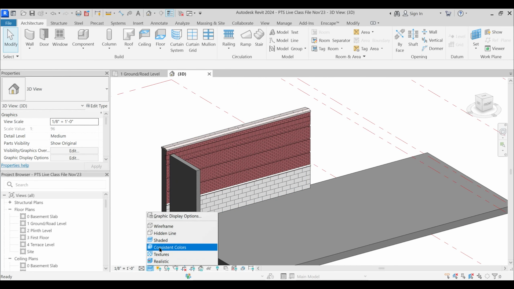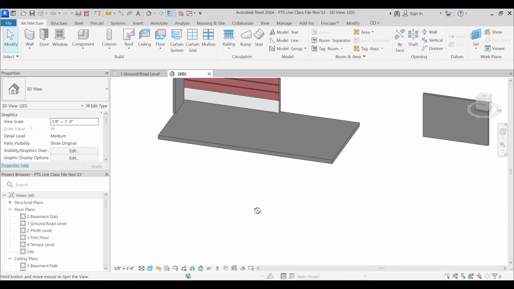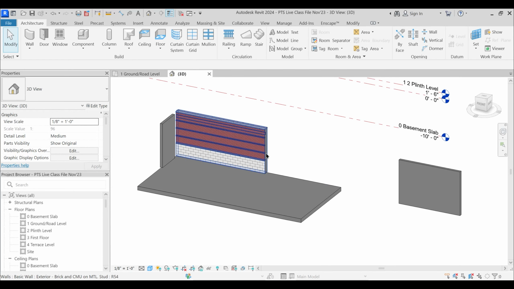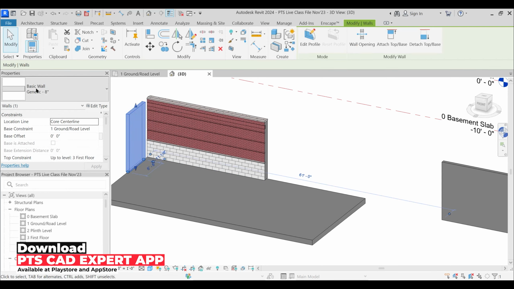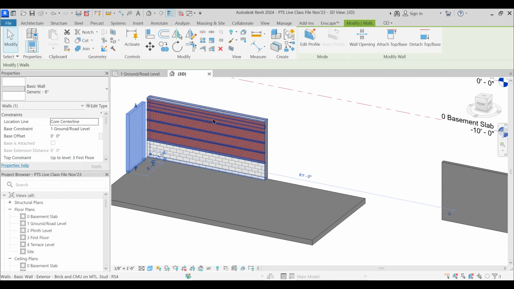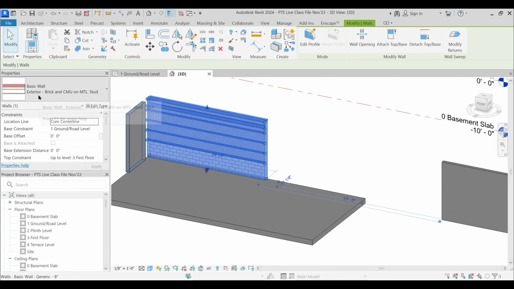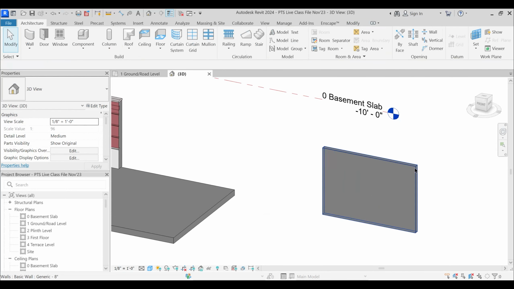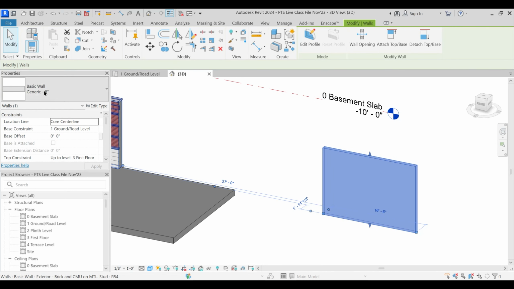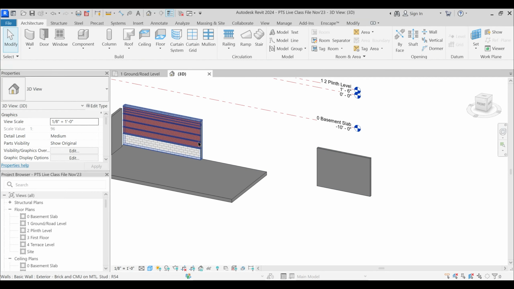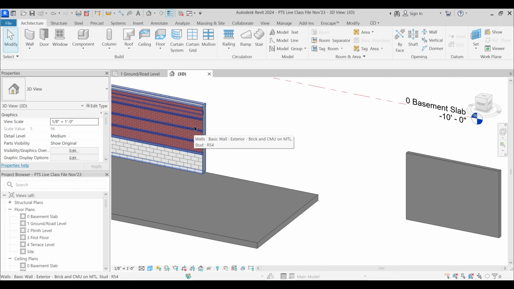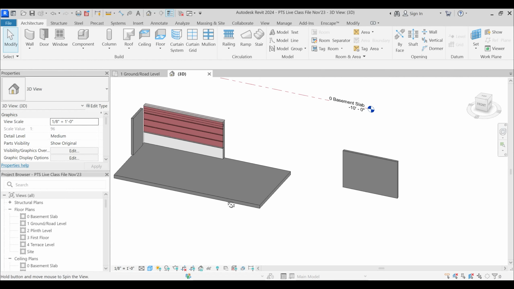I'll just change it to consistent colors. Yeah, okay, this is better. So this is a completely different wall than this regular wall. This is the generic 8-inch wall, a simple wall, and this is our wall that comes with Revit. So what we will do is that we will start with this simple wall, generic 8-inch. We will edit it and reach up to this level, and then we'll move ahead from that. Okay.